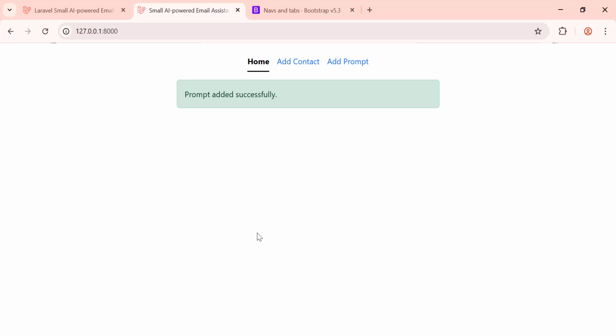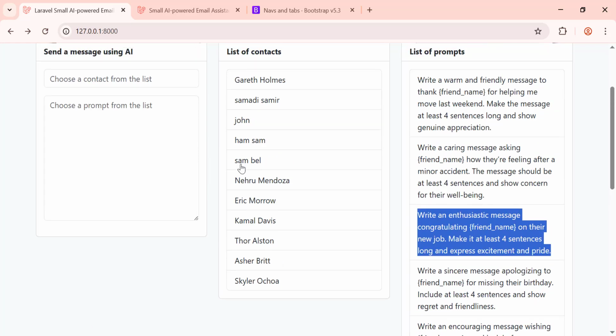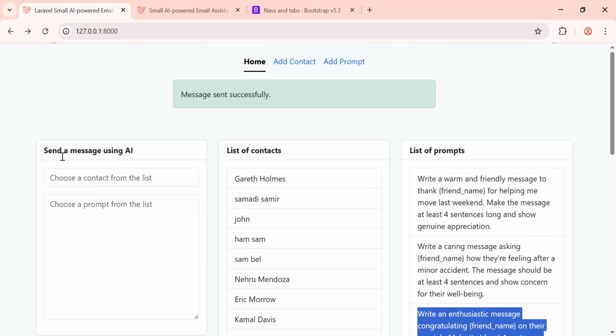And next, what we need to do now is display. We need to move to the home page and display the list of prompts and the list of contacts. And when the user chooses prompts or contacts, we need to make them chosen as we have seen, and also we need to fill the form here with the chosen contact and chosen prompts. Okay,